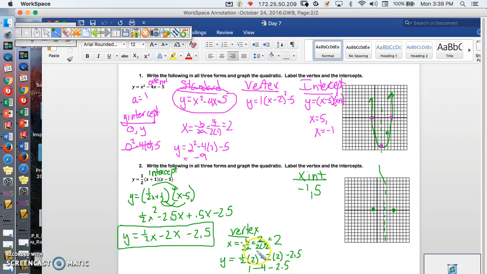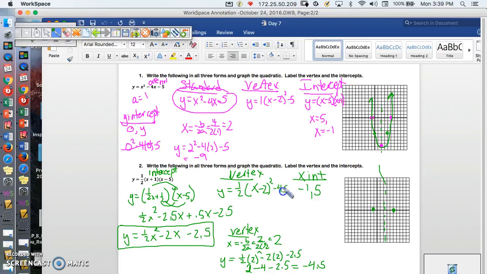Oh, this was 2 squared, though, right? Because it's 1/2 x squared. Okay, I thought something was wrong. So 4/2 of that is 2. So 2 minus 4 is -2. Minus 2.5 is -4.5. So our third form, vertex form, y equals our a value, 1/2 (x minus 2) squared